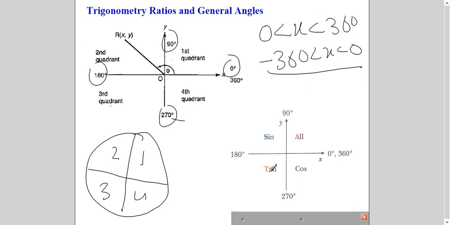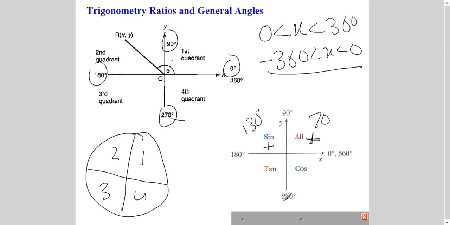So what I was saying, you can check in the calculator. Take any angle between 0 and 90, for example, 70 degrees. Substitute sine 70, cos 70, tan 70. All will be positive answers. You can try it out right now. Put the video on pause. Then take any angle between 90 and 180, for example, 130. Put sine 130, cos 130, tan 130. Only sine will be positive. The other 2 answers will be negative.